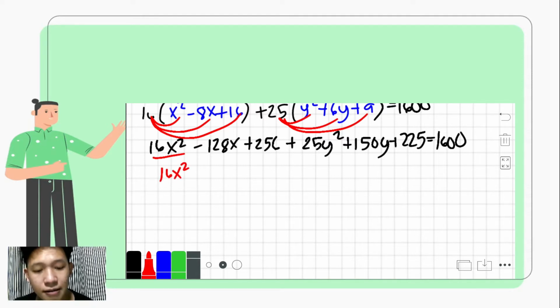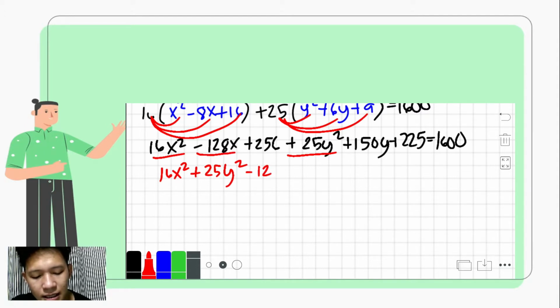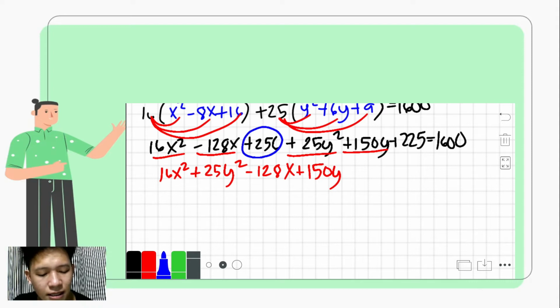And then followed by the y squared term, that would be positive 25y squared. And then we have down here negative 128x. And then we have positive 150y. And then we combine the like terms, that is actually positive 256,